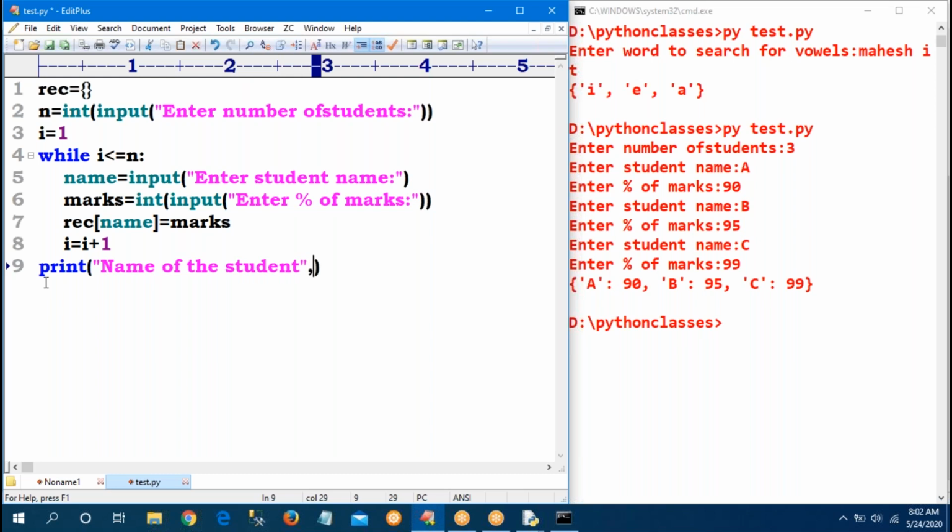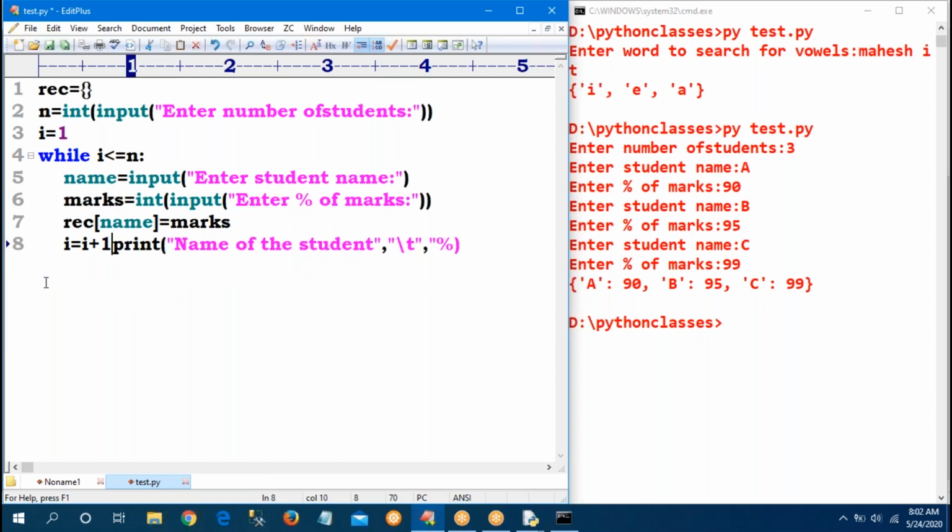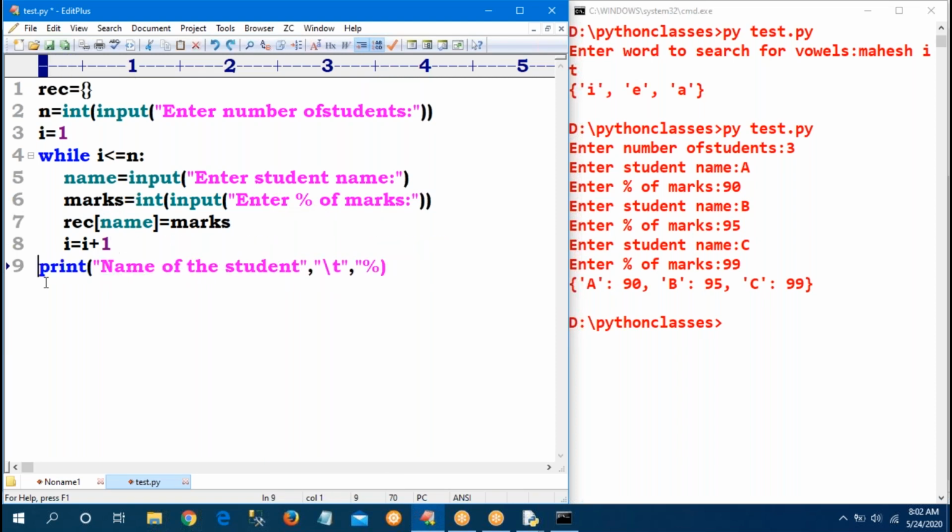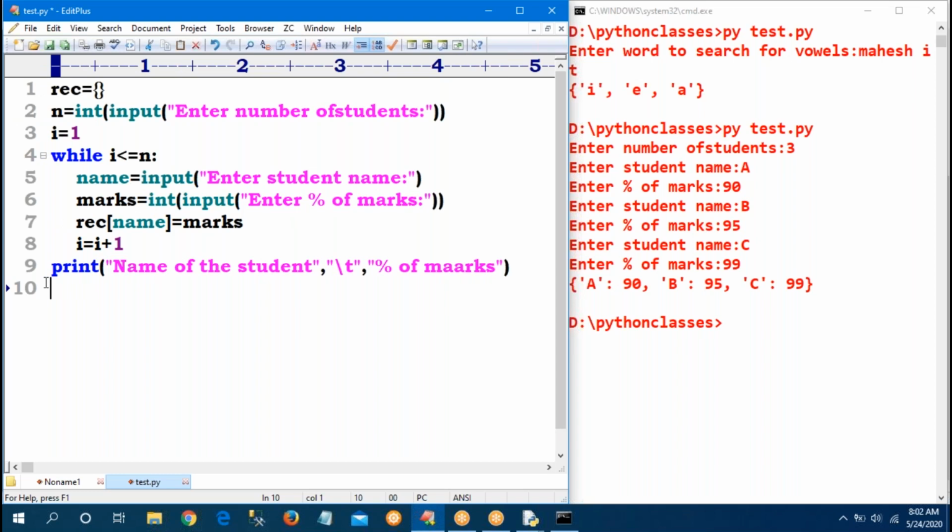Perfect. Next. Sir, what is meant by slash t? One tab space will come. Next percentage of marks. Done. Both headings came. Sir, one is name of the student, percentage of the marks, for X in REC.